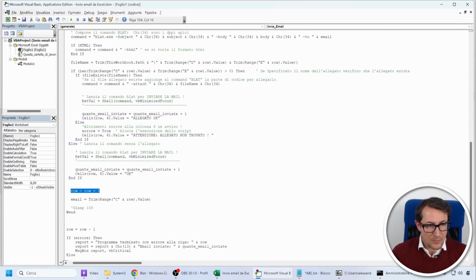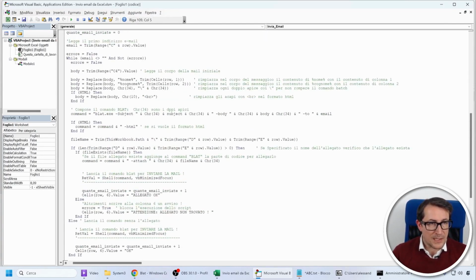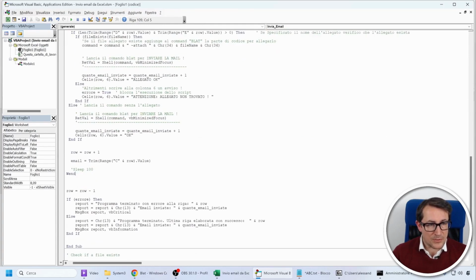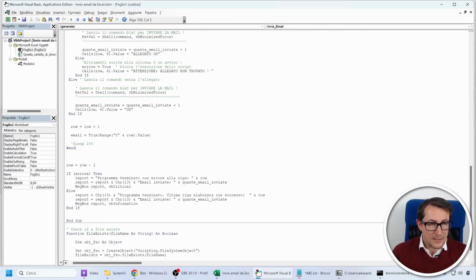Then it increments the row by 1, rereads the emails, and if you want, you can uncomment this line to add a pause of 100 milliseconds or more between sends. After that, the loop concludes here and starts again, scanning all the rows. In the end, if there was an error, the program will notify you that it finished with an error from row X, and will still give you a report of how many emails were sent.